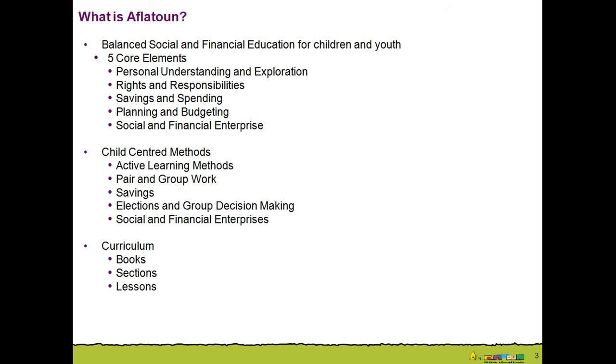But still, the 5 core components are the core of what we do. The other thing is it's important how it is delivered, not just the content. So it's important that child-centered methods are being used, and this includes active learning methods, which are taught in our trainings, pair and group work, which are a subtype of active learning methods, savings activities, where actually they put